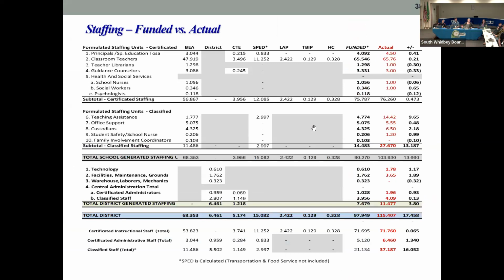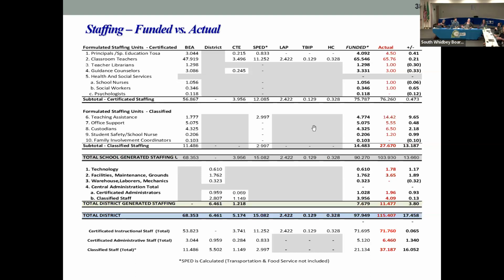Well, the federal government doesn't contribute, or this classified staffing? No, there is no funding that is used for classified staffing. We get some funding for some certificated staffing, specialized programs, special education, the title remediation program. Those pay for 3 certificated staff, but there is no funding for classified.